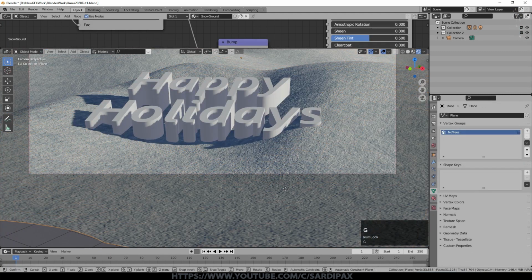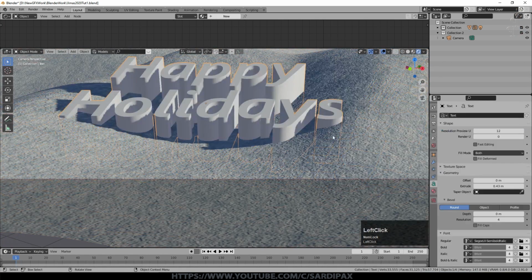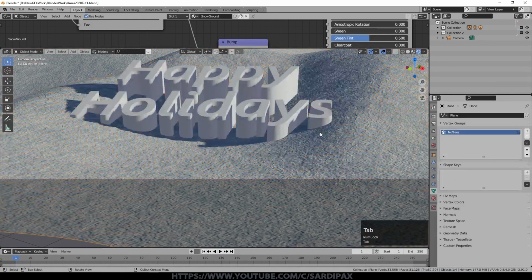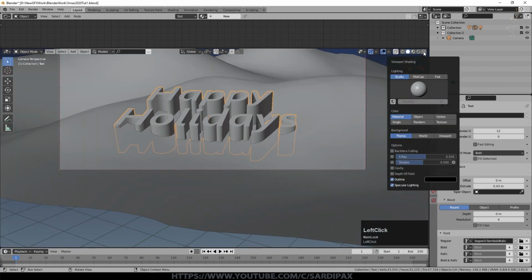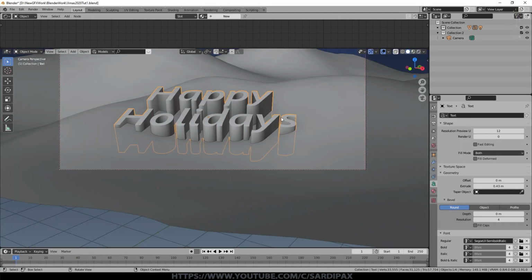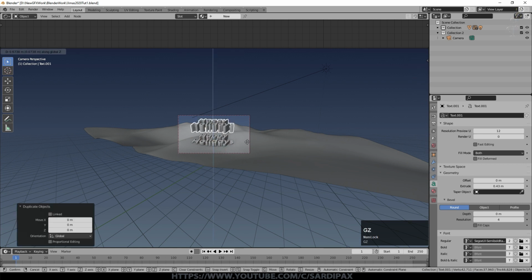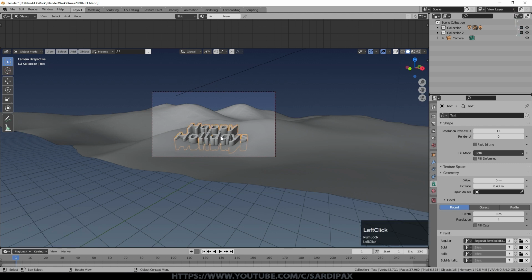So let's just move the ground over a little bit. And we're probably going to have a couple of problems. So I'm just going to make it slightly smaller. Obviously, I'm doing this more quickly than I did the first time around. So that works, and you could use that like that. But I decided to make it look as though something had fallen into the snow. So let's come out of rendered view, and I'll turn on cavity, which just helps you to be able to see the shape of objects. So I'm going to duplicate that text and just move some vertically outside of the view of the camera, because I'm going to use that again later.